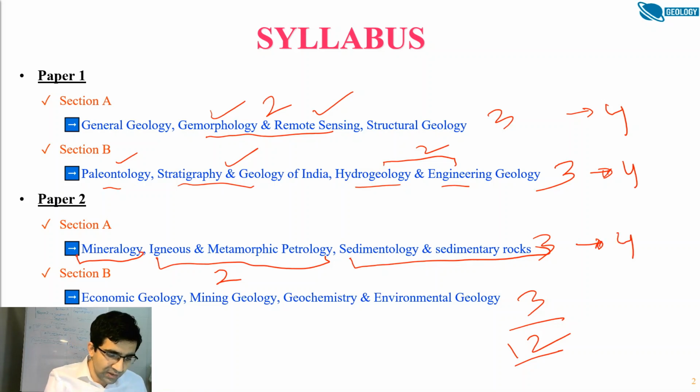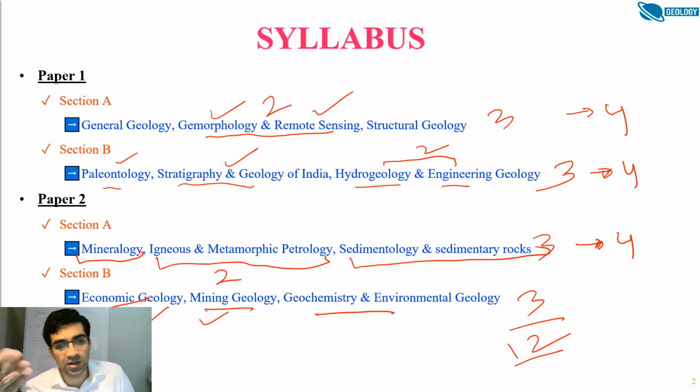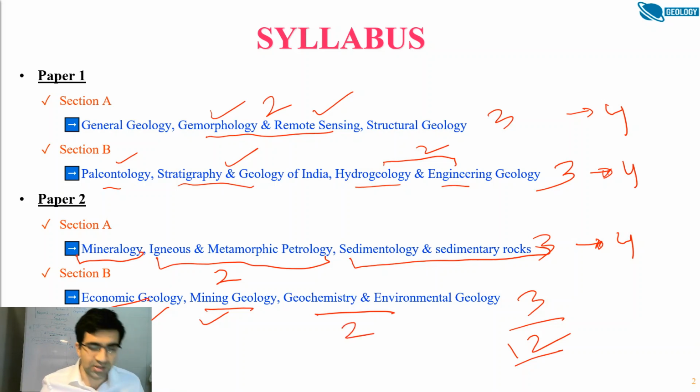Similarly, in section B, you have economic geology, mining geology, geochemistry, and environmental geology. Now again here, for many courses economic geology and mining geology are sometimes clubbed as a single resource geology or economic geology subject, but in UPSC they are treated separately, whereas geochemistry and environmental geology is treated as a single subject, although in reality these are two different subjects. So geochemistry and environmental geology can be considered as two different subjects. So here also you have four subjects, or you can in this case think of it as three subjects also. So in total, if you add this up, it turns out to be 16 subjects which you will need to prepare.